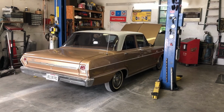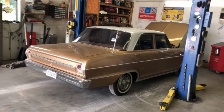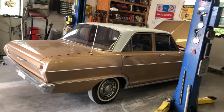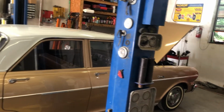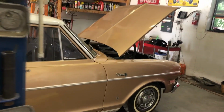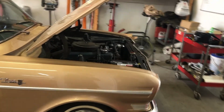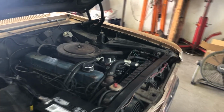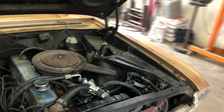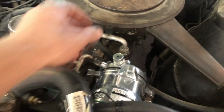Alright, so our favorite little crew cab car came back in here. I was going to film the work on it and then decided not to. All we were doing is it had a starting issue and then they needed the AC compressor replaced on it. So it wasn't going to be super exciting. Anyway, it turns out that something happened on it that I wanted to show you guys to be sure to watch out for. So this fitting right here, this is just a cap. But that fitting right there,